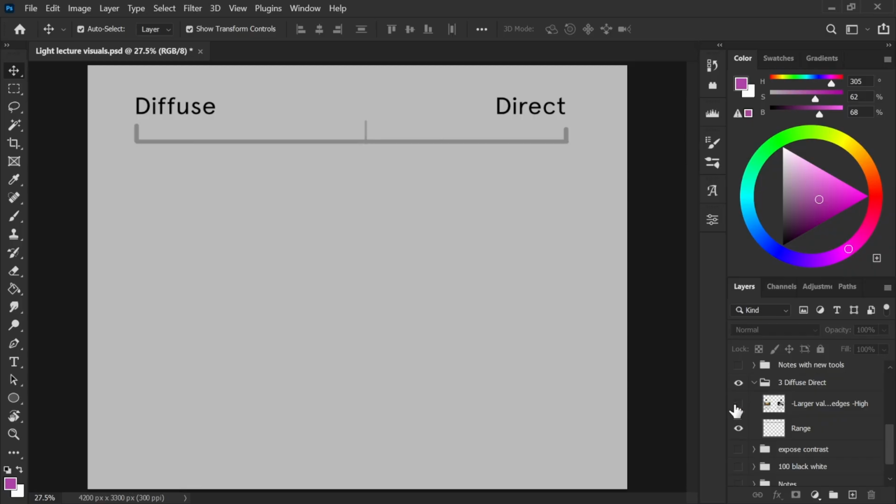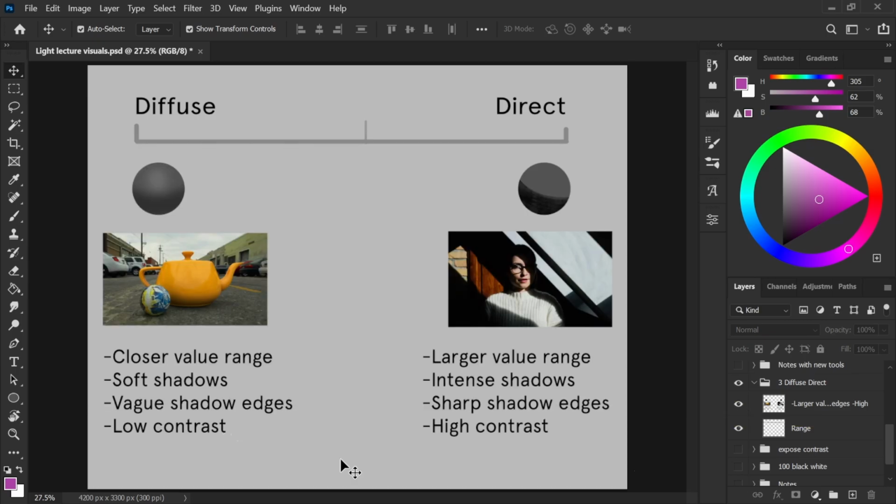But essentially, we're just trying to gauge whether or not our lighting is diffuse or direct. And to quickly chop up what all that stuff means, in diffuse, we have long transition times between values. Our value range is closer together. We'll get into values in a second, I promise. And we have a lot more vague edges that get made up with either a light source or our shadowed areas. Generally low contrast, this isn't inherently true, but it's easier to condense this information and see things as